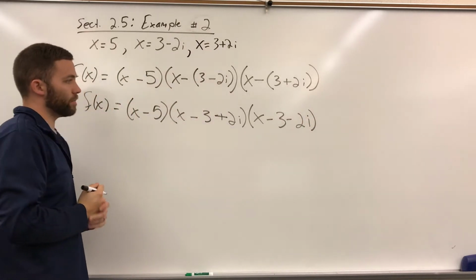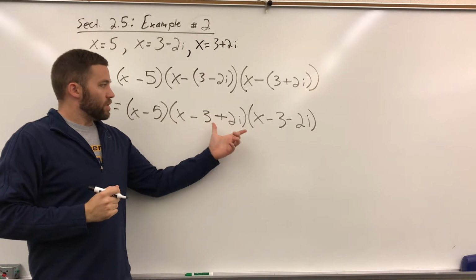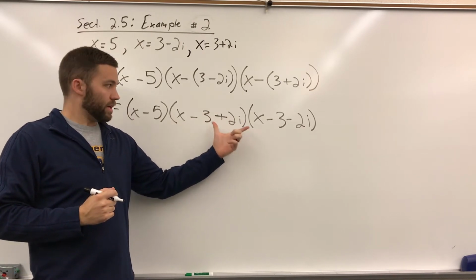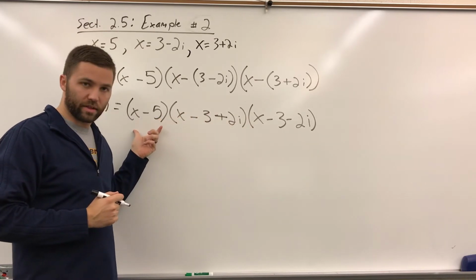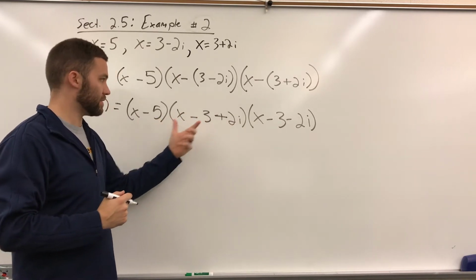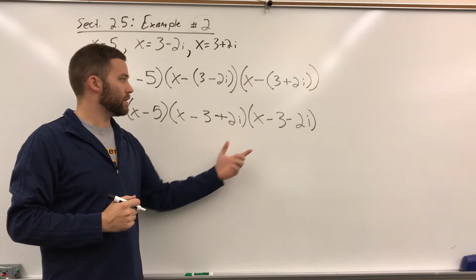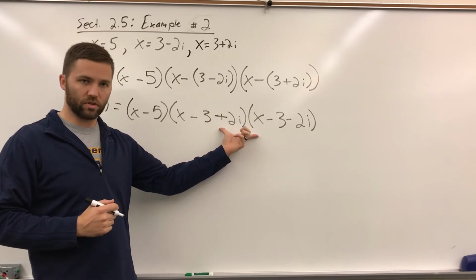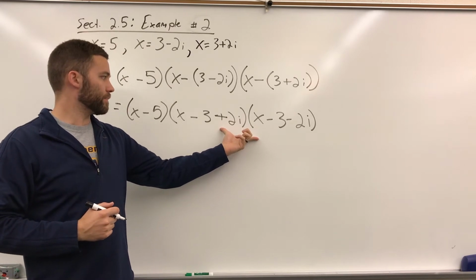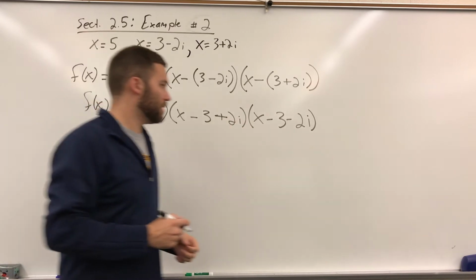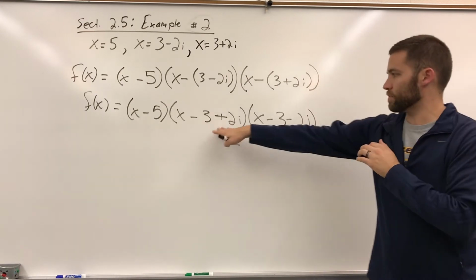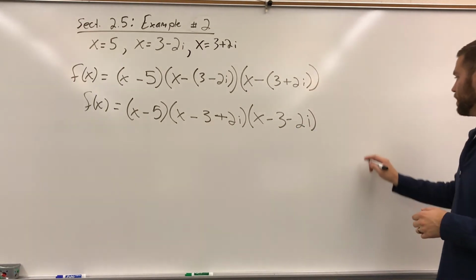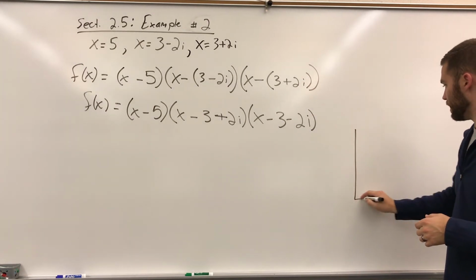Okay? Now, what we want to do is multiply any expressions with i in them first. Okay, so we'll multiply those out, and then we'll multiply it by the expression here. In fact, in this example, just to save time, because I'm sure that you guys can do it, we will just multiply these two together so I can show you how that works, and then we'll just leave the answer like that. Okay? So let's multiply these two expressions here together. I'm going to use the box or the grid method. Okay, and the way that that works is you make a grid,